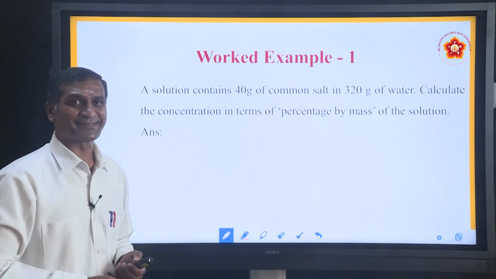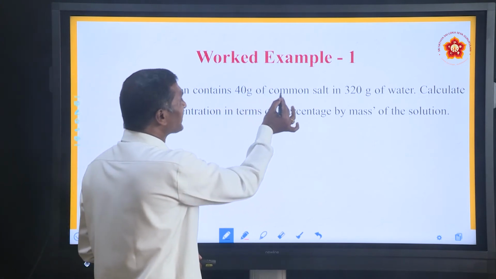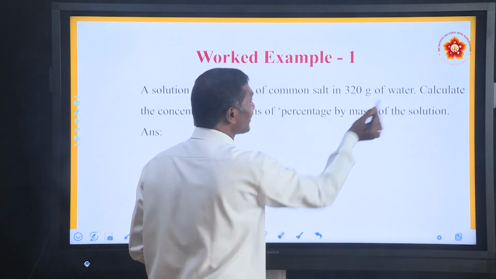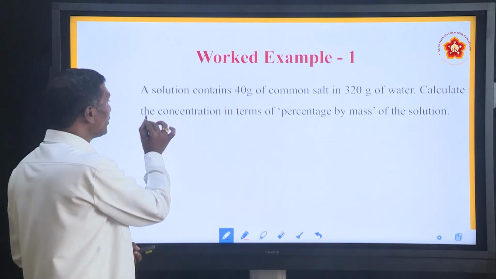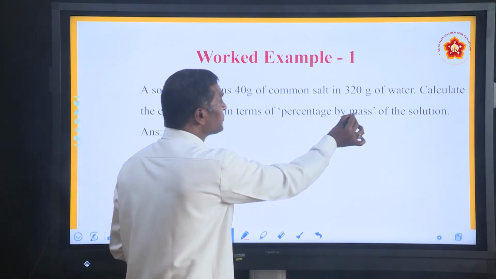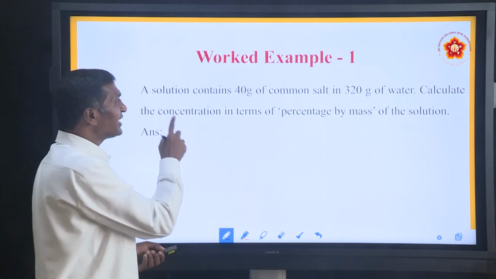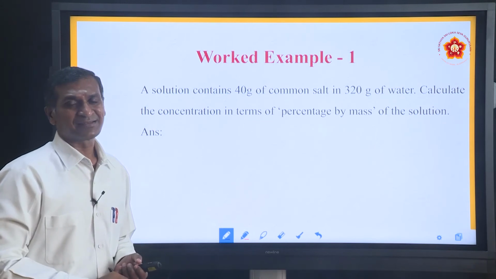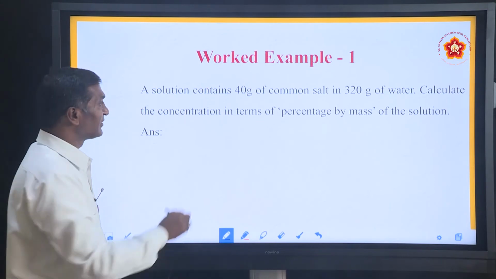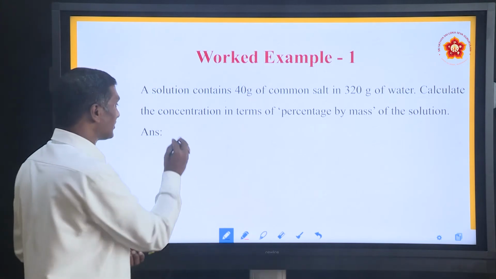Let us work one example here. A solution contains 40 grams of common salt in 320 grams of water. Calculate the concentration in terms of percentage by mass of the solution. Dear students, read the question twice so that you will understand what data is given. A solution contains 40 grams of common salt. So, let us write